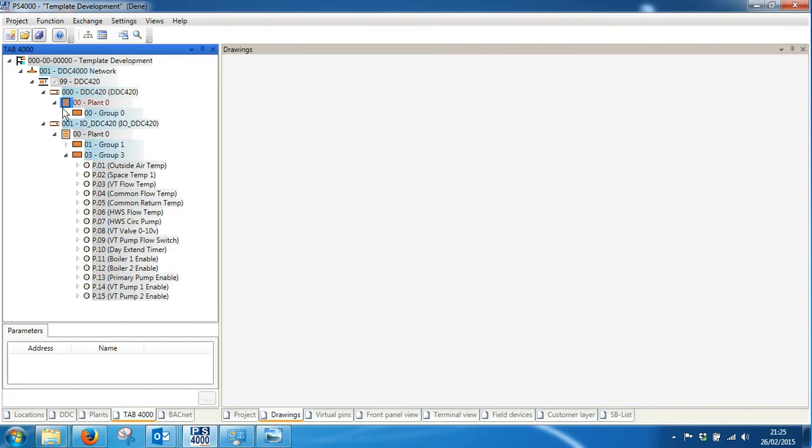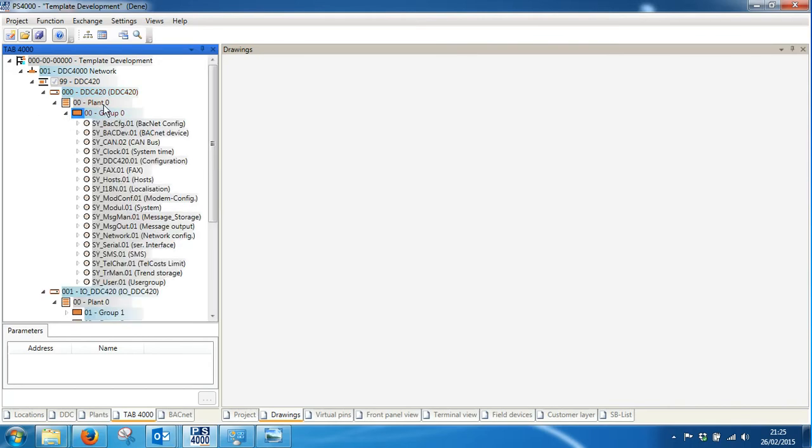Inside plant 0 we have group 0, and inside there we have all the standard outstation configuration information, such as the CAN bus settings, BACnet settings, IP addresses, lots of additional information